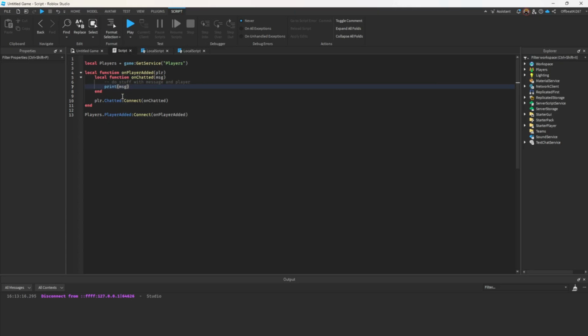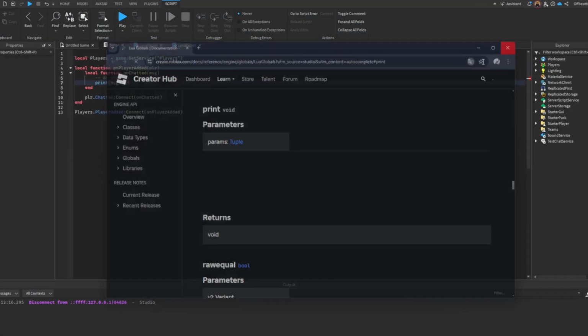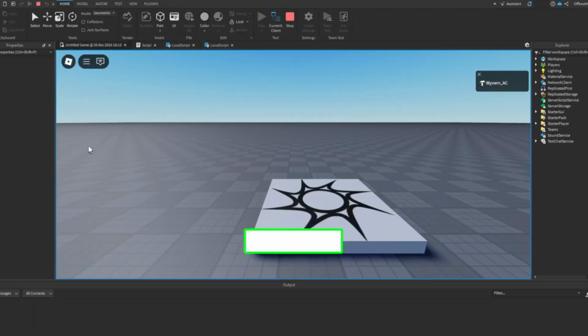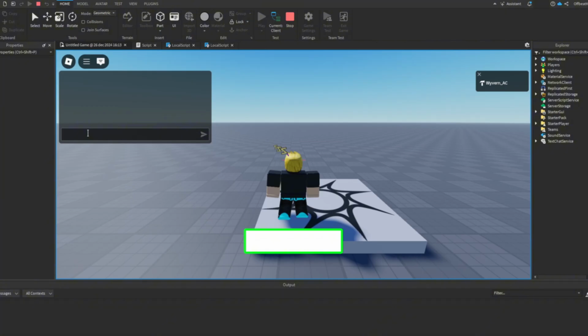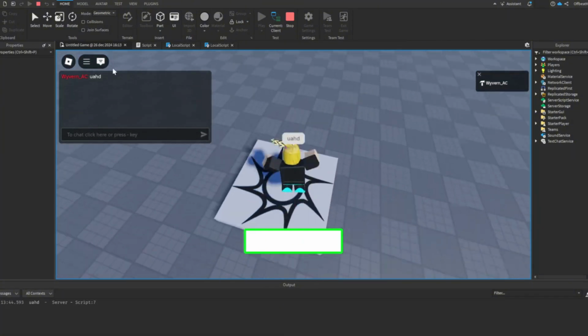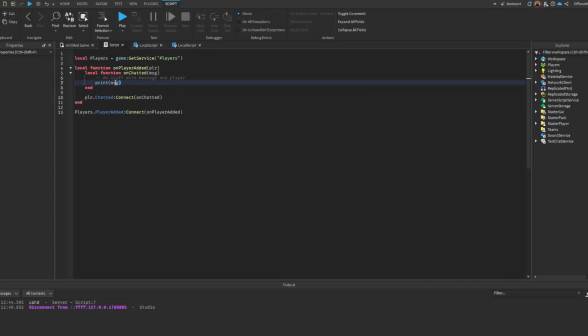Okay, so the first is this script, which is from the Roblox documentation. What this does is when the player chats, it very simply just prints it. Now this is very simple, but we can use this for whatever we want to. So if we just get this event called a chat event,